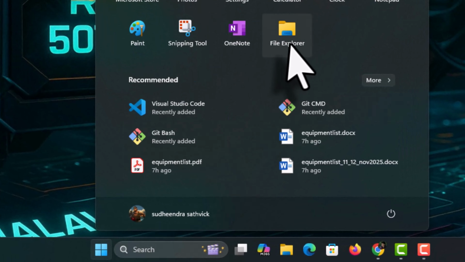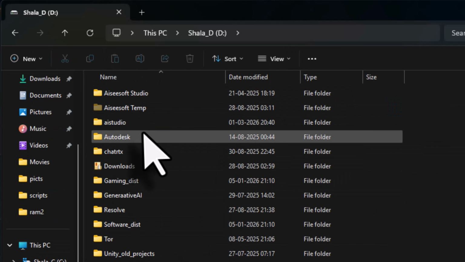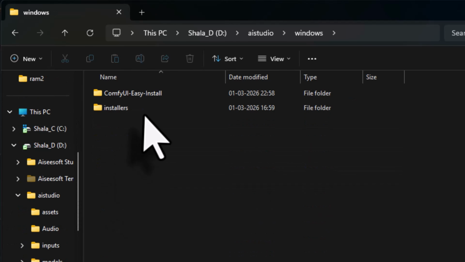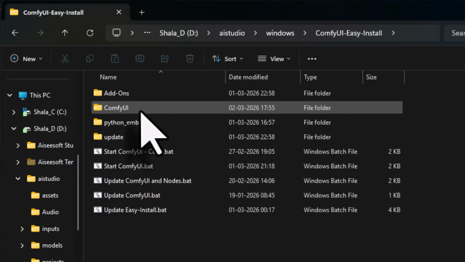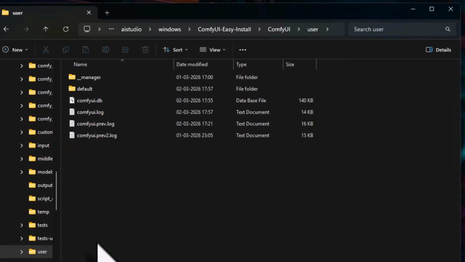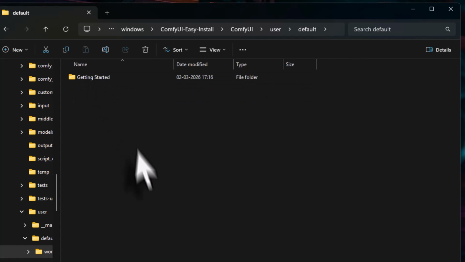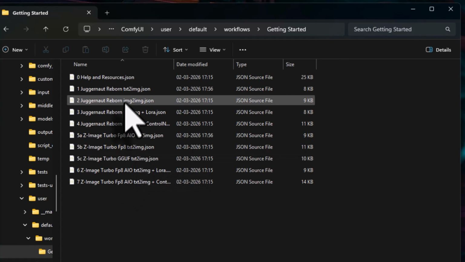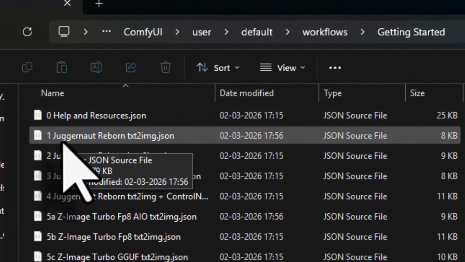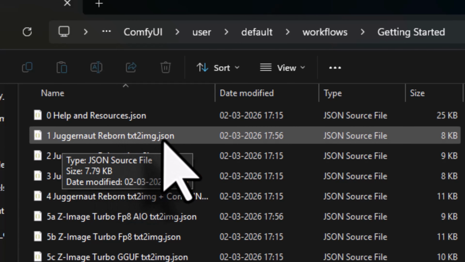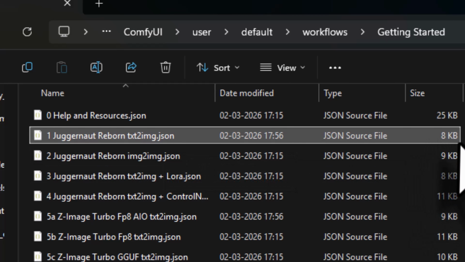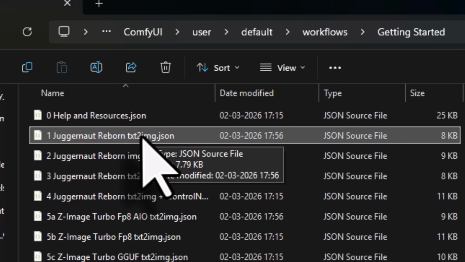If you come into your Explorer, D drive, AI Studio, Windows, ComfyUI easy install folder, and in ComfyUI user default workflows getting started, we just now use this one, Juggernaut Reborn text to image. This is just a small 8 kilobyte file with an extension called JSON. This file will hold all the information about the various nodes that we have used, its links, and also the